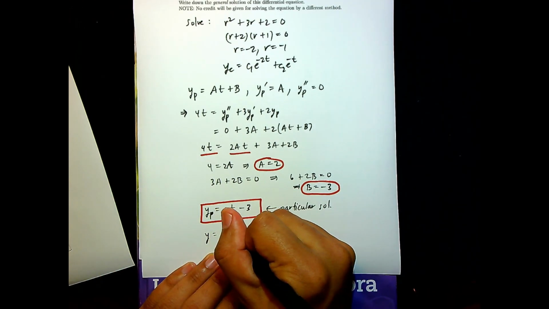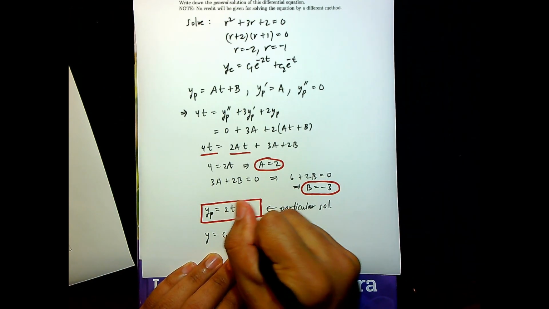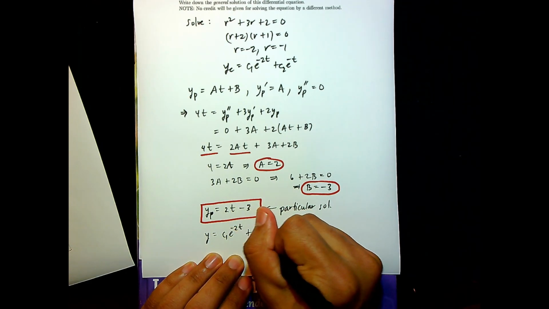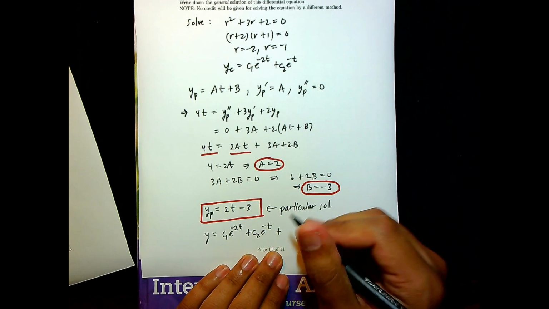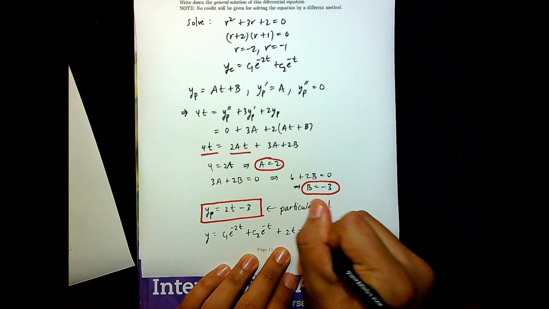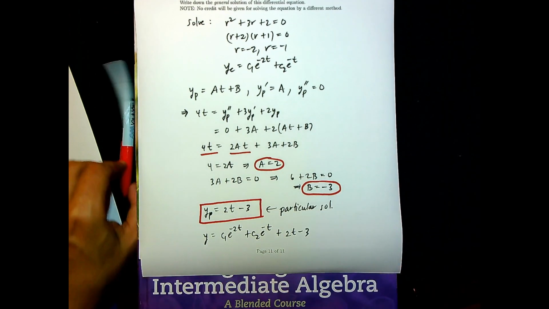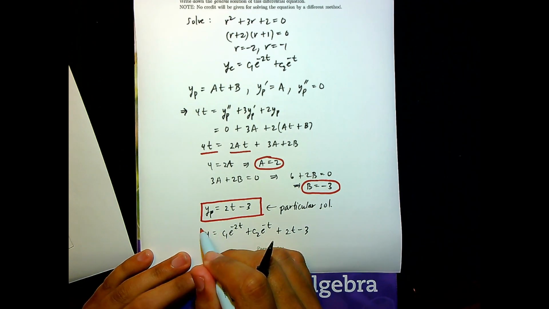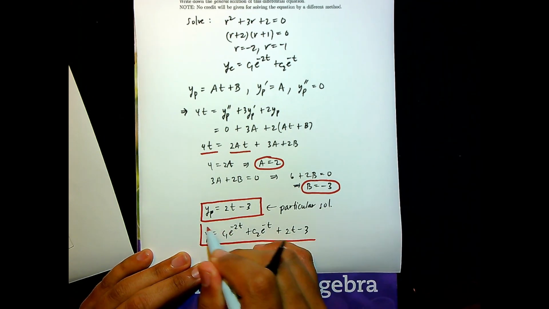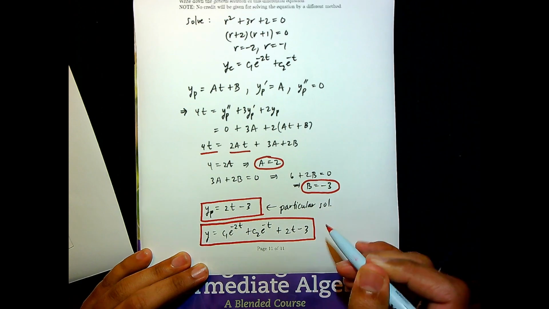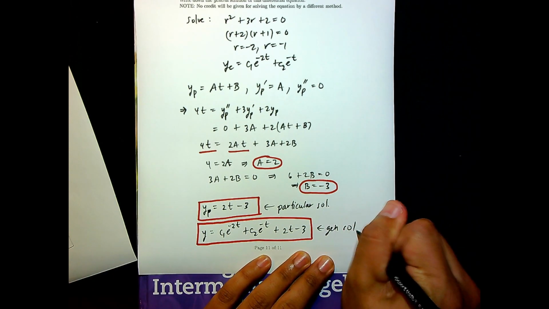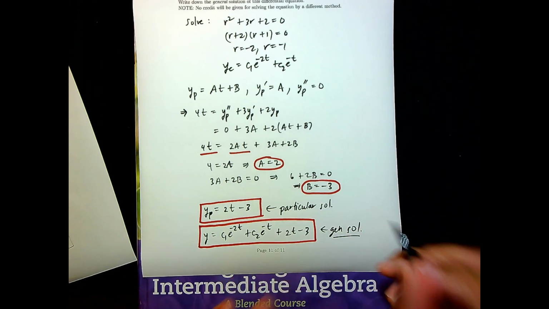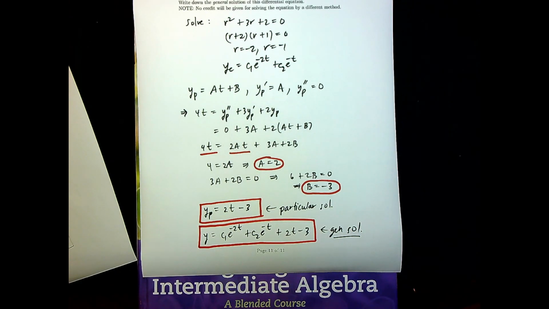The complementary solution is c1 e to the negative 2t plus c2 e to the negative t, and the particular solution is 2t minus 3. And that is the general solution. Okay, and that completes